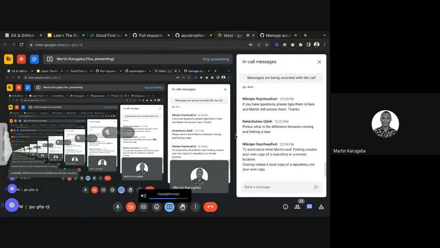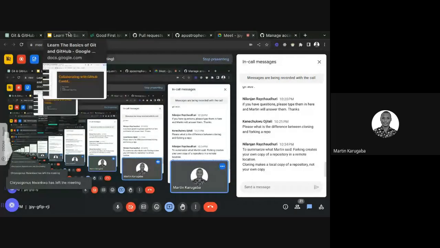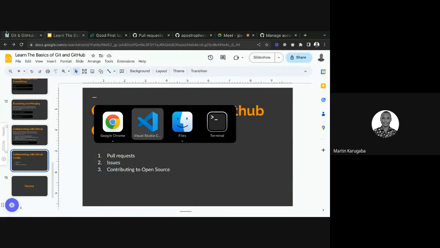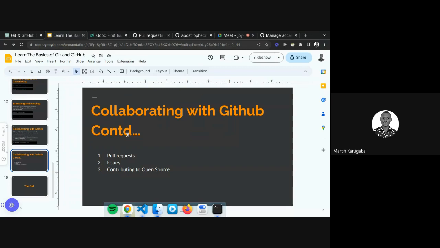Okay, so I see that Nilanjin has shared that forking creates your own copy of a repository in a remote location. All right. So now, allow me to talk about pull requests. I was explaining how pull requests work. So let's say you're working on a certain branch. Most times when you'll be contributing to a project that is not your own, or even your own project, because I even use branches on my own projects,